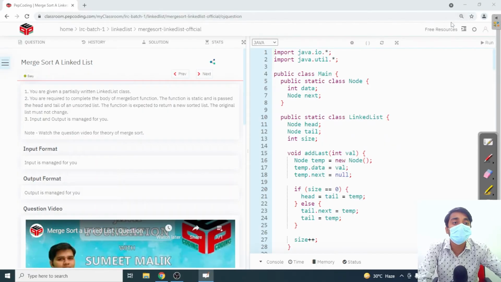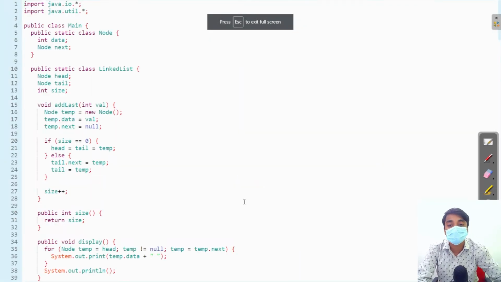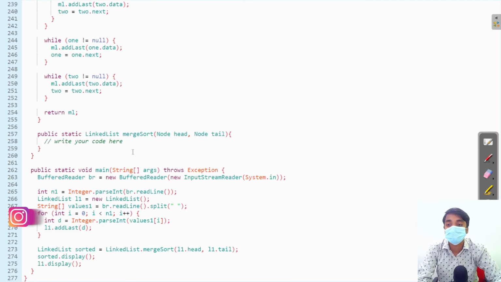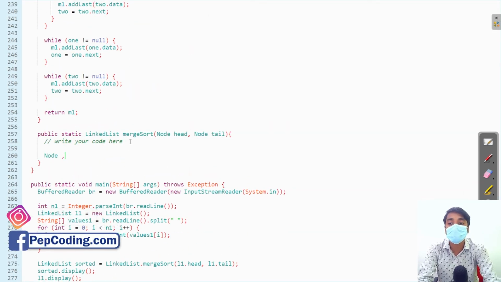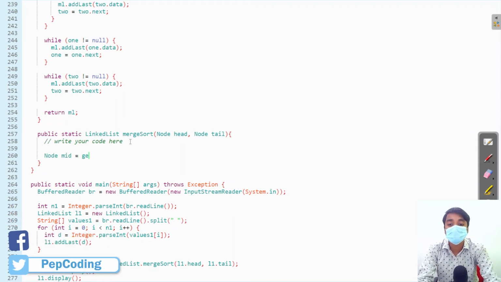So let's see. Here, first we need to find the mid of the list. So for finding mid, we will pass the head and the tail of the list.